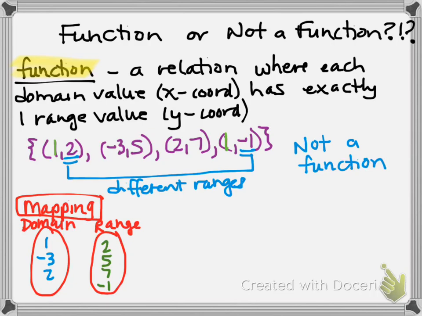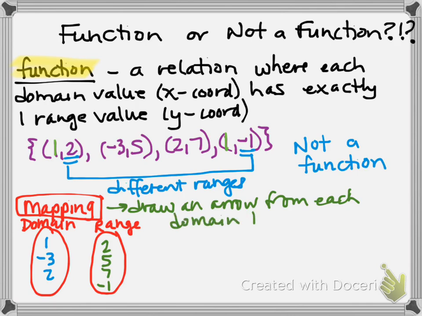It says draw an arrow from each domain value to its range. So I'm going to write that here. Draw an arrow from each domain to its range value. Okay? Let's do a nice big